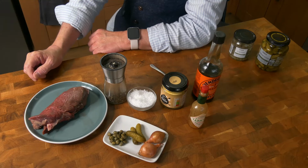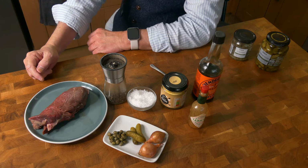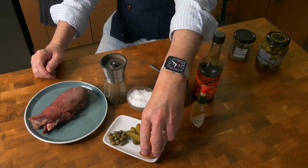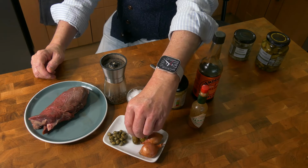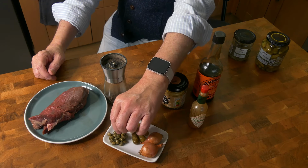Steak tartare. Okay, ingredients for your steak tartare. You want some lean steak, the best quality you can get. This is fillet. It cost me an arm and a leg. Ouch. But you could use rump or sirloin. And then you want a shallot or two. I've got some cornichons and I've got about a couple of teaspoons of capers, and they all want to be